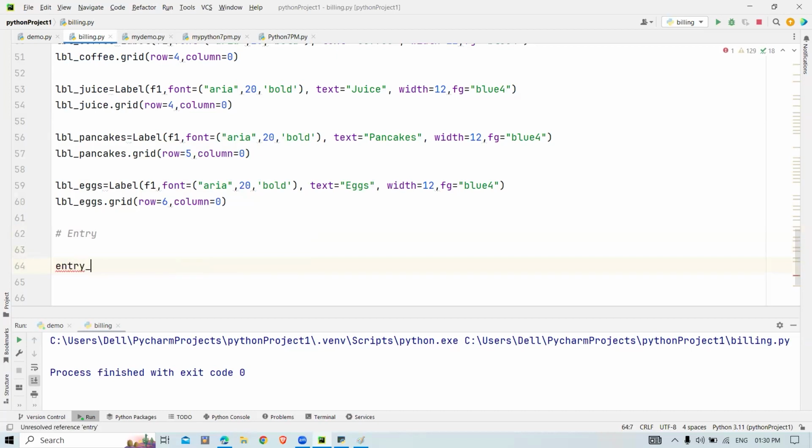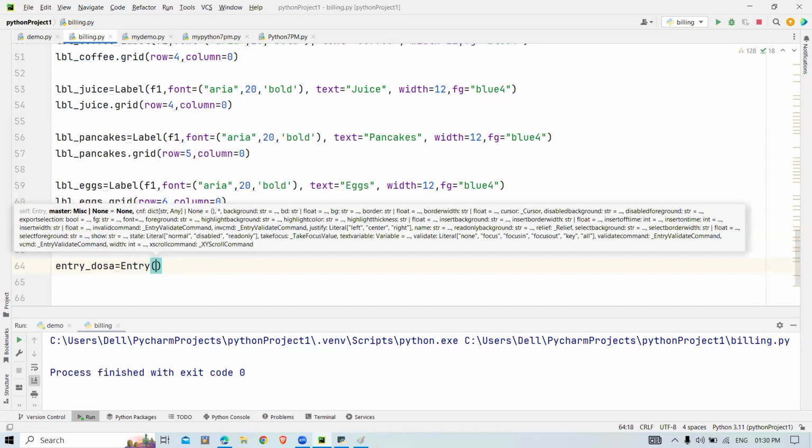Dosa. So entry underscore dosa equals to Entry. Then which box we have to create under the F1 box, right? Entry box. Now I'm writing font. Font equals to Arial, comma 24, bold. This should be under bold, and the whole thing should be under a tuple,